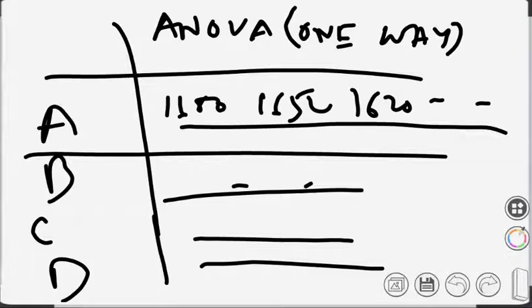Now for one-way ANOVA, we'll be doing the calculations. I'll write down the null hypothesis, write down the alternate hypothesis, and certain calculations need to be done. We will give you a table and the formula, and then we'll start the calculation. So I hope you have written the data, whatever I have written. All of you have written the data.